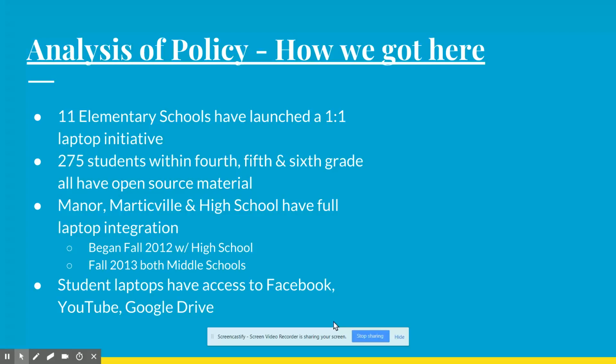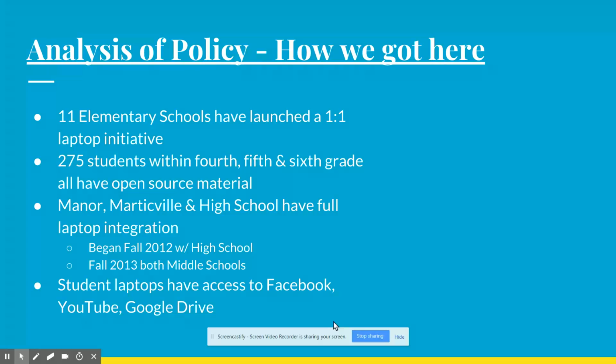YouTube is not filtered. Students have direct access to YouTube, can watch any YouTube clip. And if you are familiar with YouTube, although you can use it for some wonderful educational factors and for videos, it's hard to control the advertisements and the media that show up on the sidebars. And a lot of times, those things can be very inappropriate, especially for middle and even elementary school kids. But they have full access to that as well.